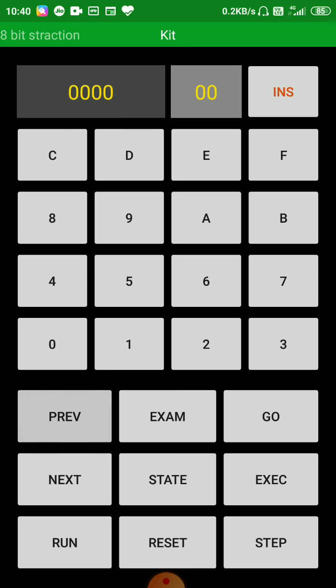And you can see previous, next, run, exam, state, reset, go, execute, and step buttons are there. I will explain this during the execution of the program step by step.